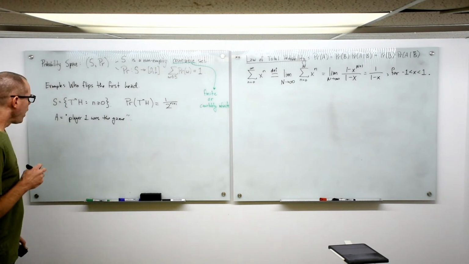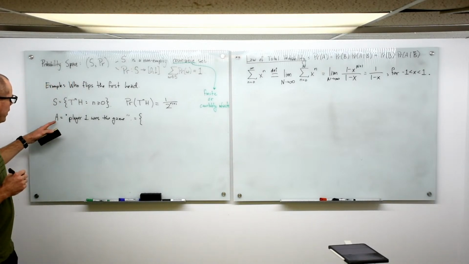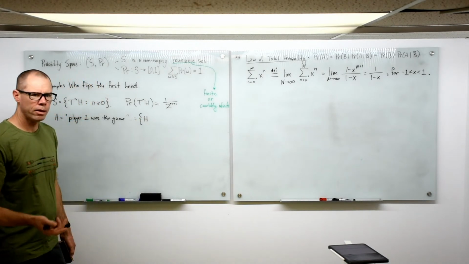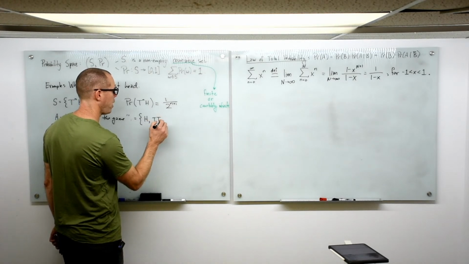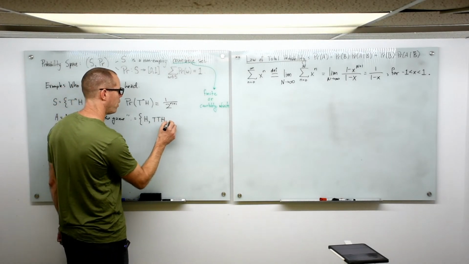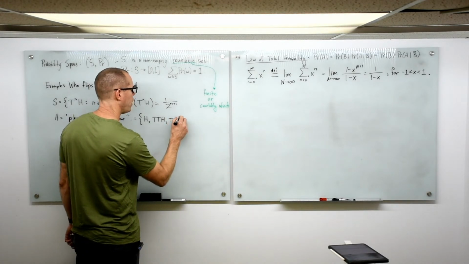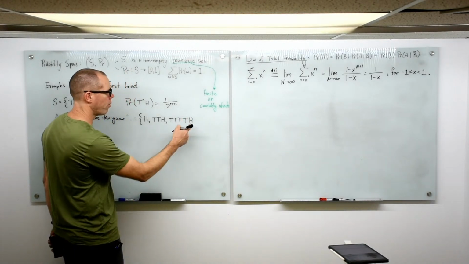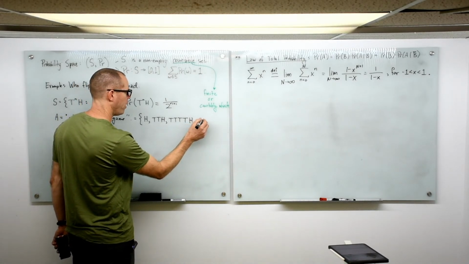Okay. And we already sort of started to work it out. This event A looks like the following. Player 1 tosses heads immediately and wins, or player 1 tosses tails, player 2 tosses tails, and then player 1 tosses heads the second time they get the coin. Or player 1 does tails, player 2 does tails, player 1 does tails again, player 2 does tails again, and then finally the coin is back in the hands of player 1, and they toss a head, and so on,